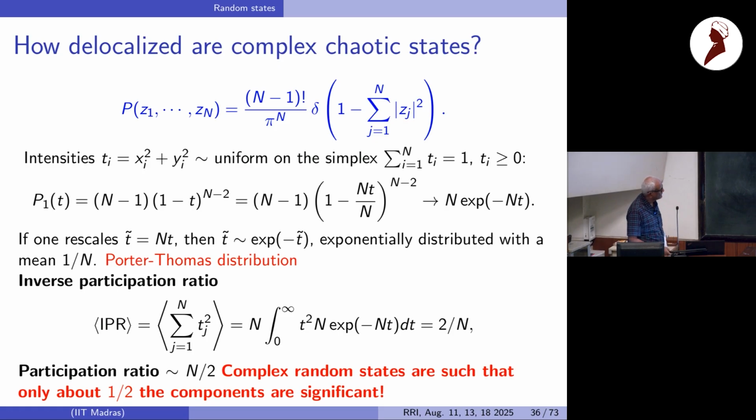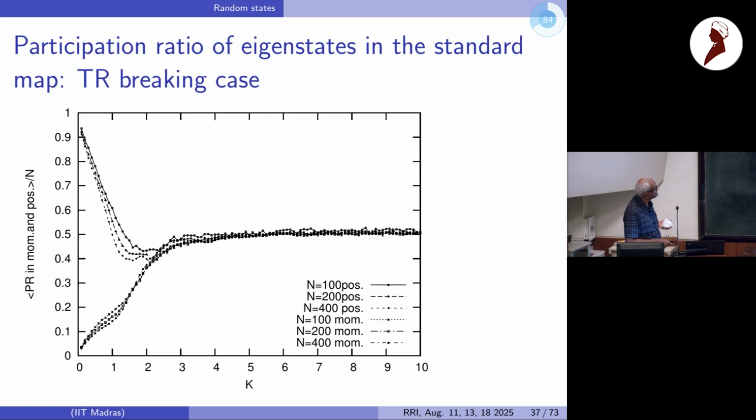You can use the same standard map model, for example, to verify these kinds of things. So you can put a phase. I introduced this Aharonov-Bohm phase. You can introduce that flux and break time reversal symmetry. I've done that here as a function of k. Again, you can see that